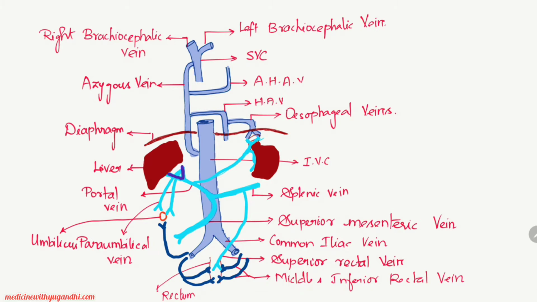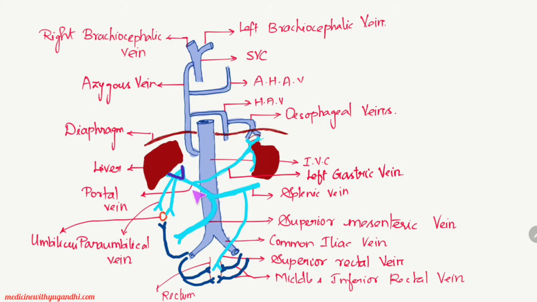Oh, I forgot to mention one more structure. See, this one is the left gastric vein. So this structure what you're seeing here is the left gastric vein. At the lower end of the esophagus, the esophageal veins anastomose with the left gastric vein. Here you could notice that the esophageal veins are systemic veins, whereas the left gastric veins are portal veins.